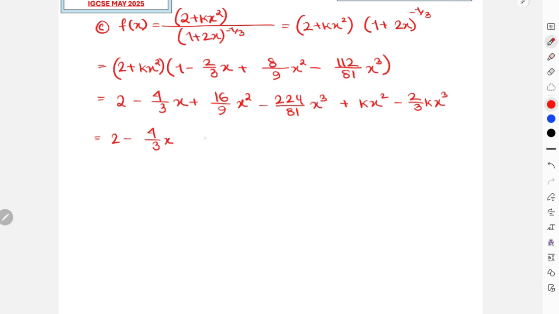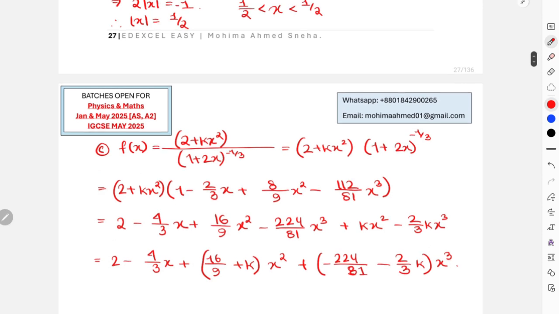For x square now you have 16 over 9 plus k x square, and then again for x cube you have minus 224 over 81 minus 2 over 3 k x power 3. Okay, after this the expansion is done, part C calculation is done. After this we'll move on